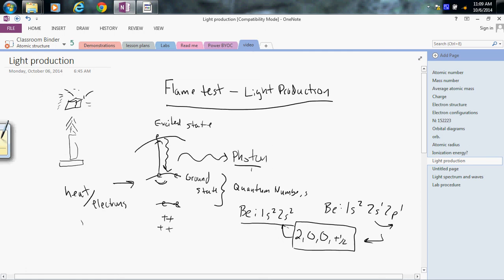Again, how is light produced? It's caused by electrons that are energized up to a higher excited state. When they fall back down, they must de-energize and then give out a photon of light to allow them to de-energize back to a lower energy level. Okay, so what is this light? Well, the light that comes off, this photon